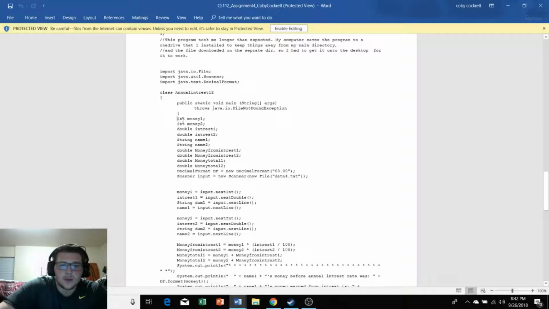Next, we're declaring money1 as an integer, because the file he gave us is in an integer amount, so I'm just going to use an integer. I could do double. I probably should have done double if this is going to be a real program, but I don't have to. Next, we're going to do money2. Oh, and by the way, to show you what I mean,